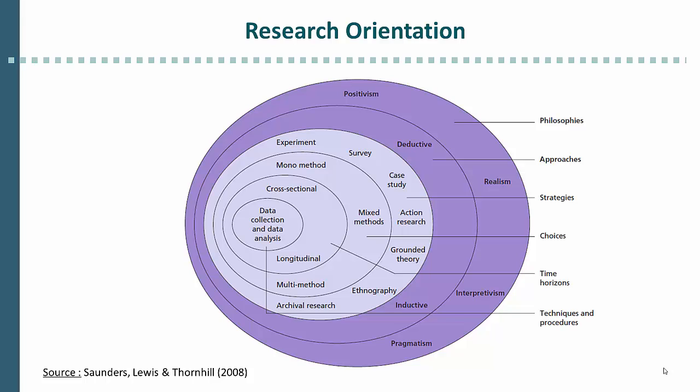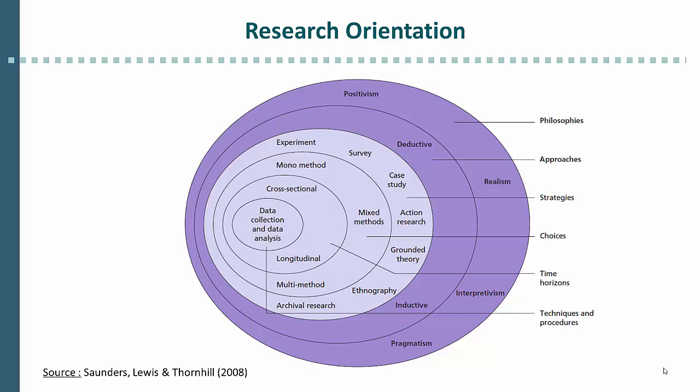What we decide to investigate, as well as how we go about investigating, is significantly influenced by our research orientation, by our basic belief and assumption about A, the nature of the world, which we will call ontology, and B, the process through which our knowledge of this world can be developed. And we will refer to this as epistemology. In essence, these assumptions underpin our research design, our research choices, which ultimately result in our choosing one research method